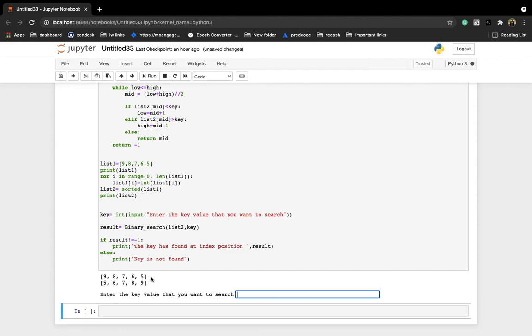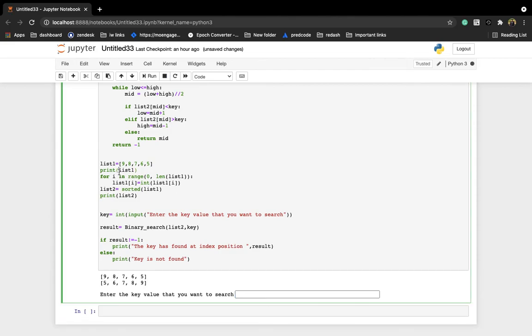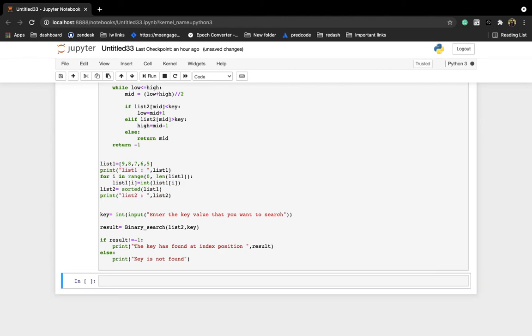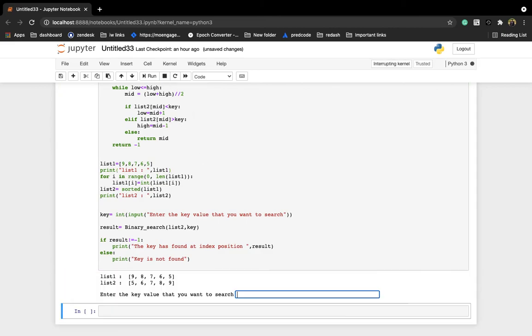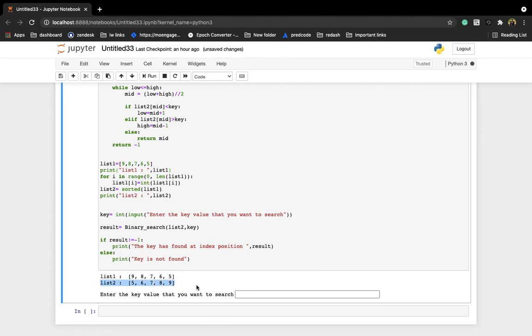So this is list 1, this is list 2. Post sorting, we got list 2, and then enter the key that you want to search.